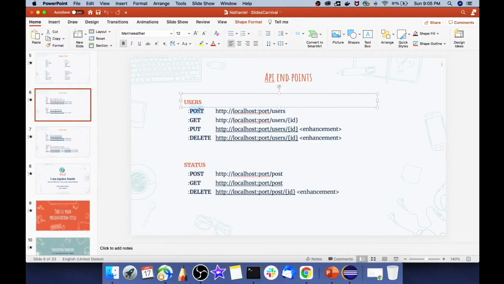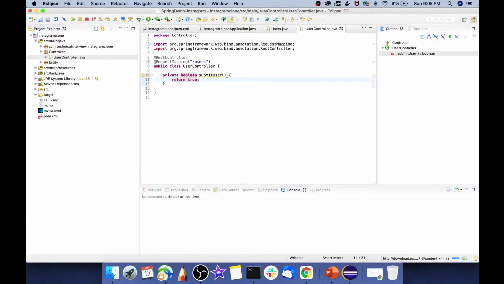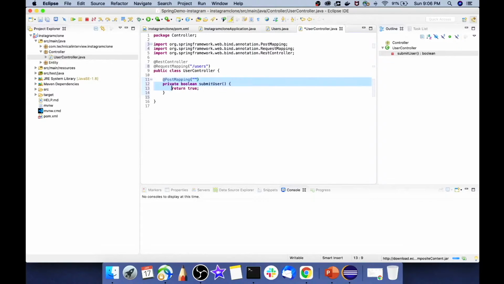As you know, a post request means that the value will get submitted to the database, so we have given a relevant name, submitUser, and we will map this function to the post URL. We will annotate this function with PostMapping, and declare an empty string, which means that anything ending with /user will go to this post mapping.